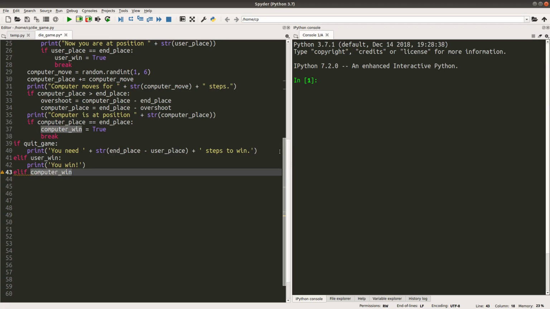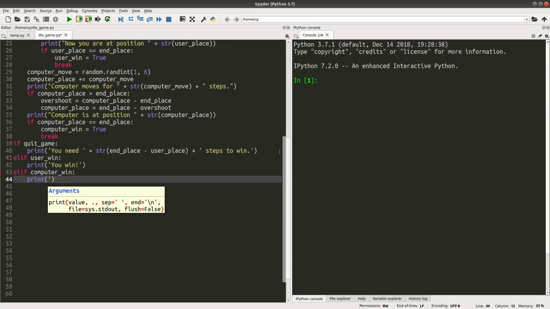If computer wins the game, I would print computer wins as the congratulations statement to the computer.